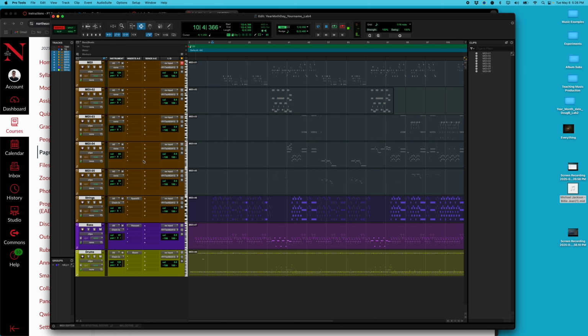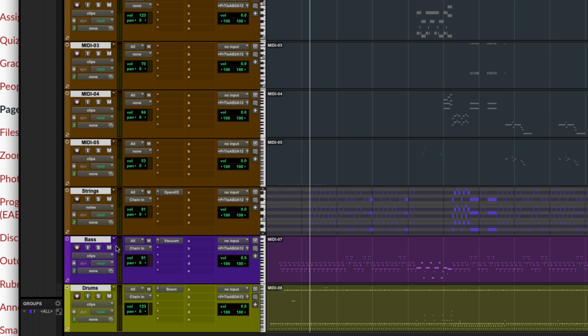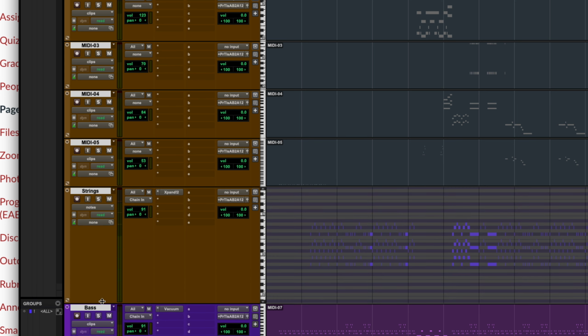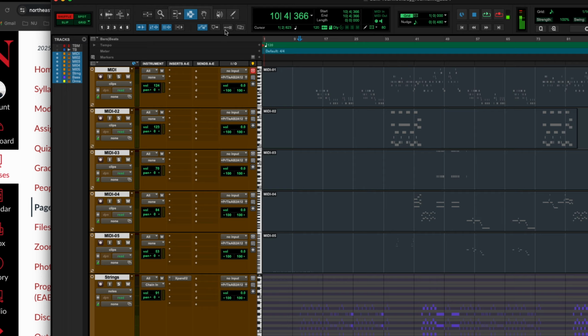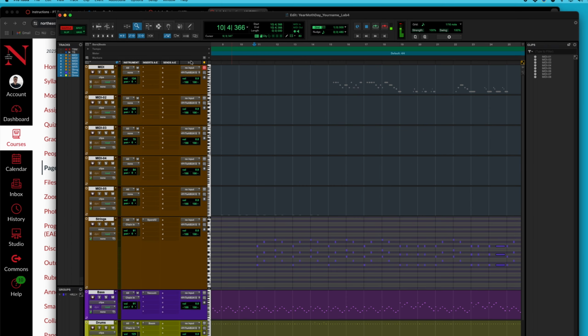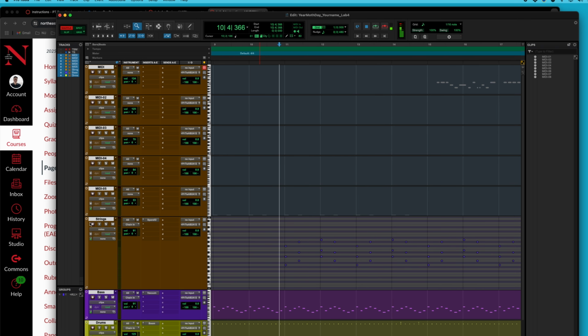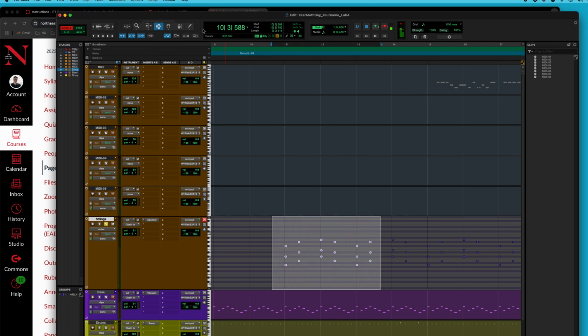By the way, we're in clips view. So if I go to notes view, look what I could do. I could actually go in and start editing different notes here. Let me zoom in a little bit, make it a little bit bigger. I can see here's my different string notes. So if I wanted to, I could select them all like I do here. And if I use my pencil tool, I can make them all longer,